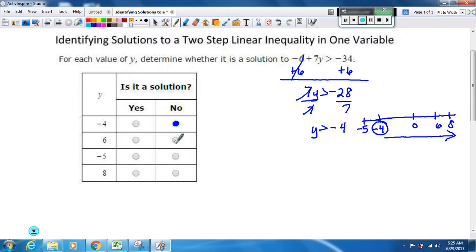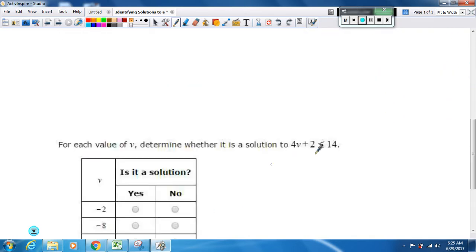But 6 is to the right of that, where the arrow is pointing, so that would be a solution. Negative 5, that's not in the area that we're talking about. That's actually on the opposite side. So that's a no. And then 8 is to the right. So you had two answers that were solutions, 6 and 8, on that particular example. Now on the next one,